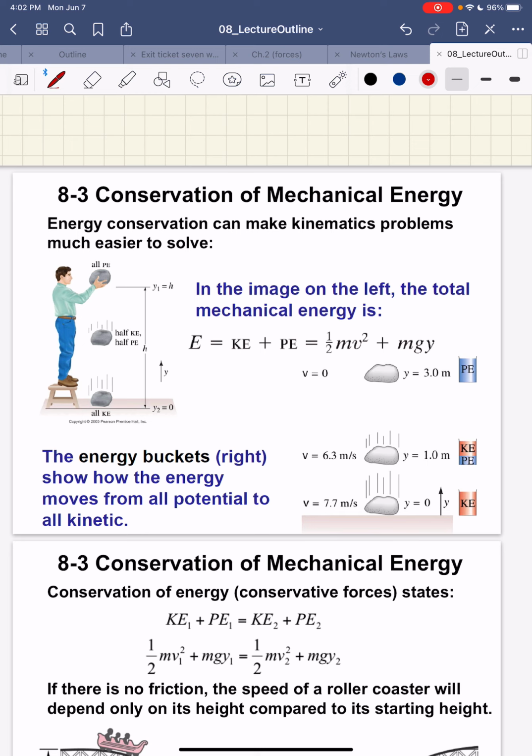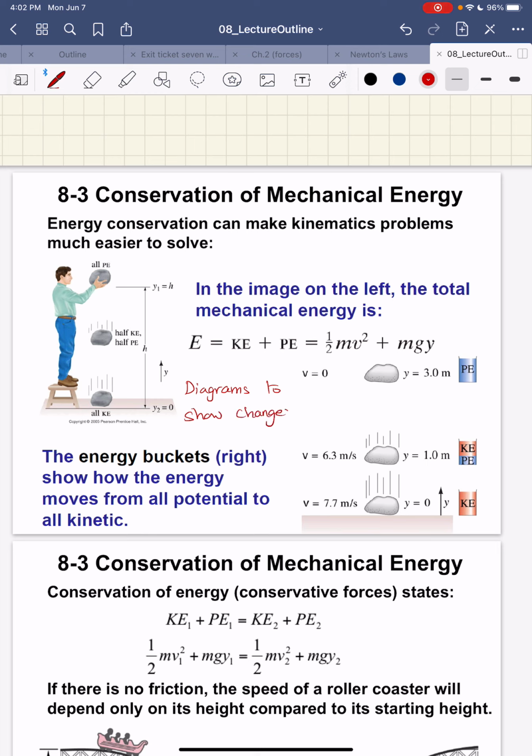And it is a technique that is much easier because here I deal with scalars rather than using vectors. This is one of the situations where we also use diagrams to show